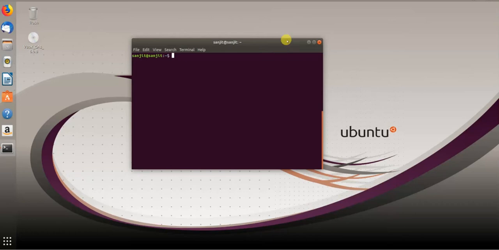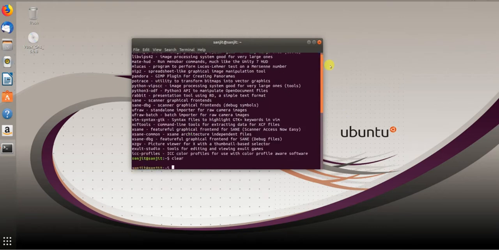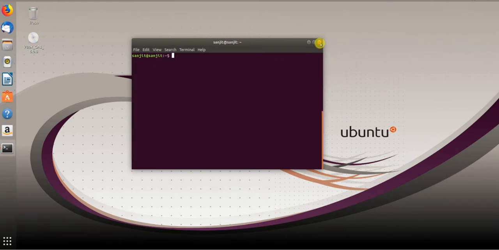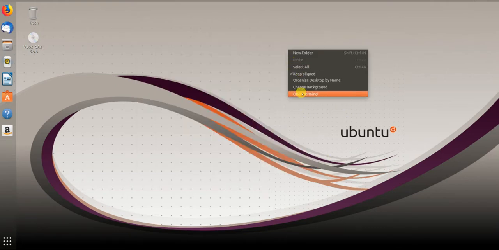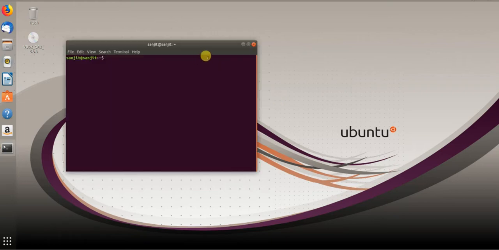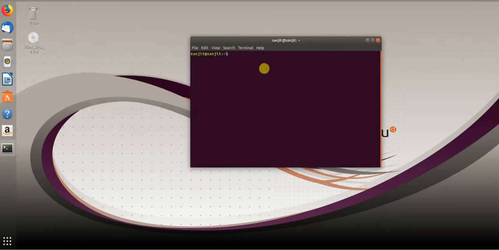So today I am going to show you how to install some software. Any software. So let me close this terminal and open a new terminal. So how to install software? In order to install the software, that software is nothing but the package, you need that package in your